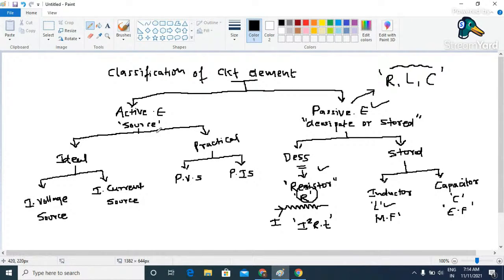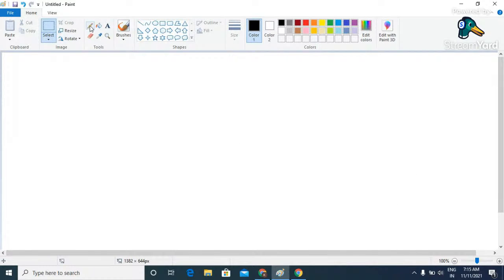So what is the meaning of this? Why do we have two different kinds of domain for active element? First one is called ideal and second one is called practical. And again in ideal we have two different kinds of sources. It may be ideal voltage source or ideal current source. In the same way, under the category of practical, we have practical voltage source, or practical current source. So let us try to discuss all these kinds of element in detail one by one. So what is the meaning of this ideal and what is the meaning of this practical sources? Now see here,